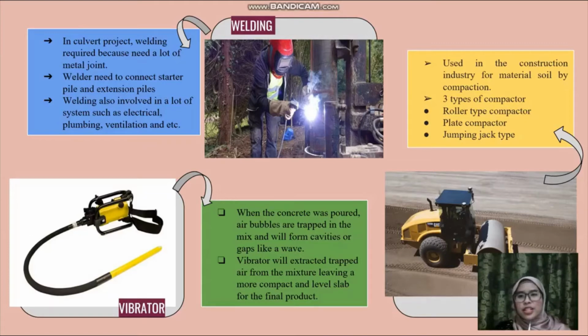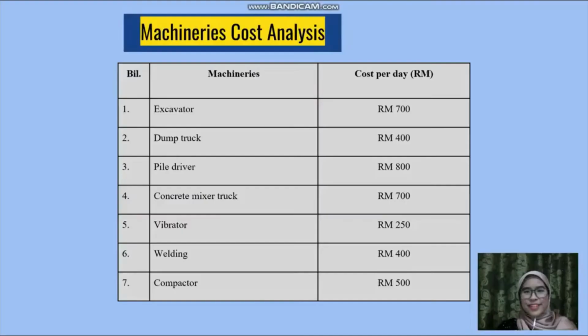A compactor is used in the construction industry to compact stored material. There are three really famous types of compactor. First is the roller type compactor, second is the plate compactor, and lastly the jumping type compactor. For our project, we use the roller type compactor. Next, after some research, we have found the machinery's cost analysis, and the cost per